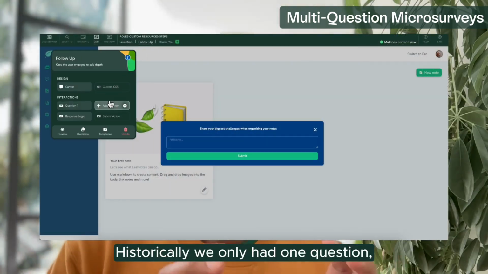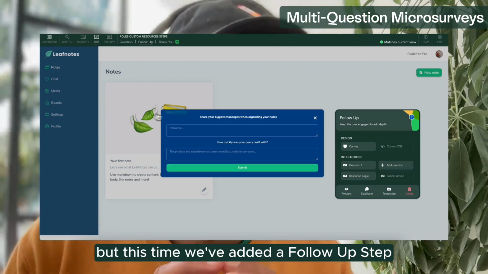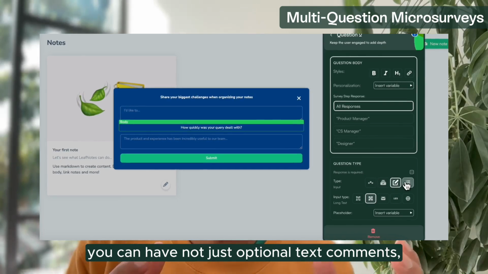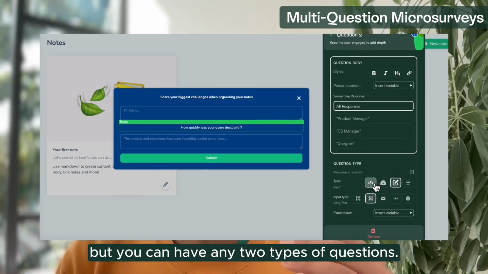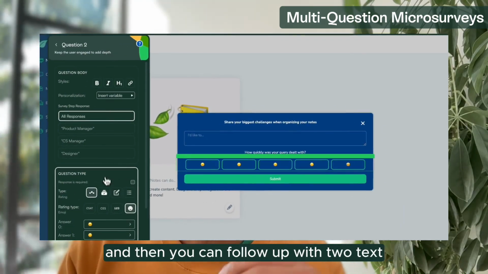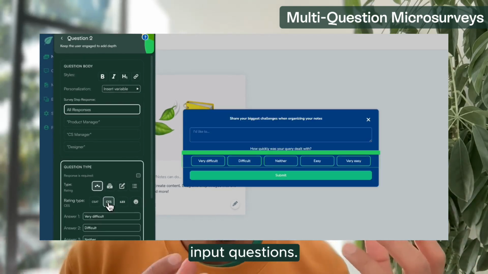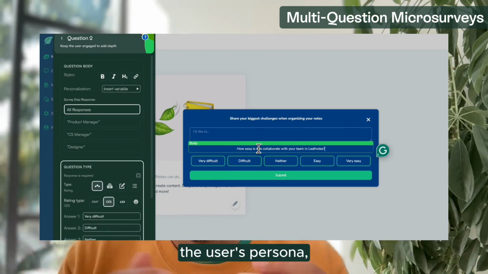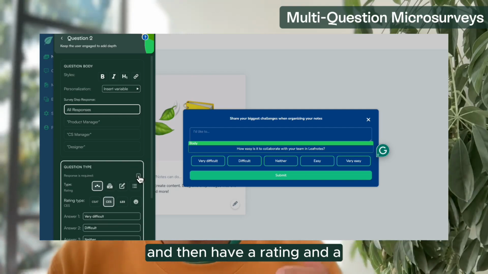Historically, we only had one question, but this time we've added a follow-up step, and in that follow-up step you can have not just optional text comments, but you can have any two types of questions. So you can have a first question that's a rating, and then you can follow up with two text input questions. Or you can have a first question that's about a user's persona, and then have a rating and a